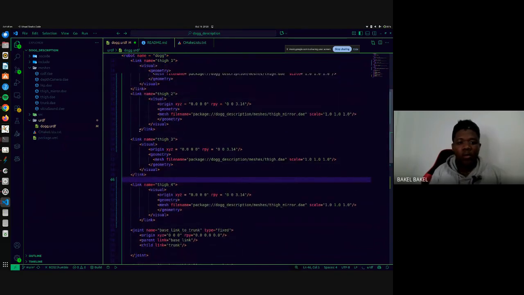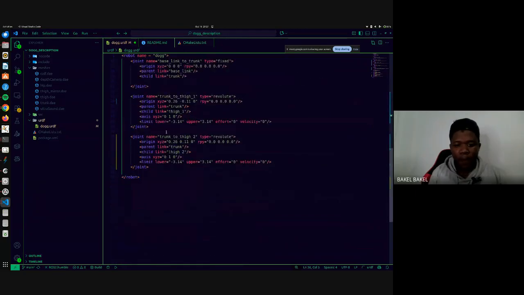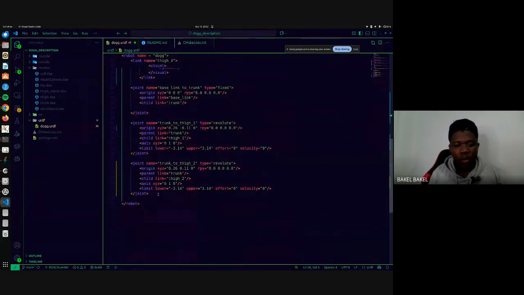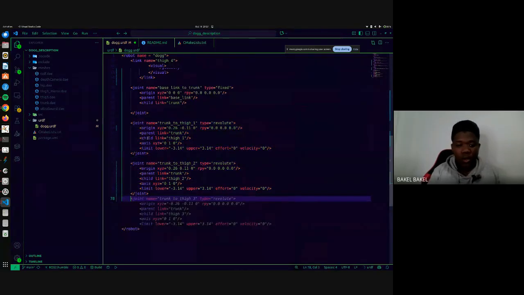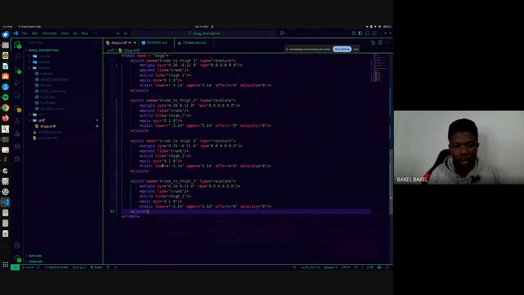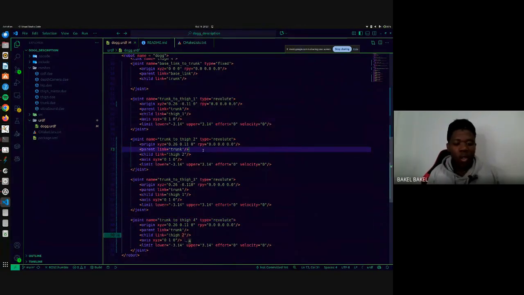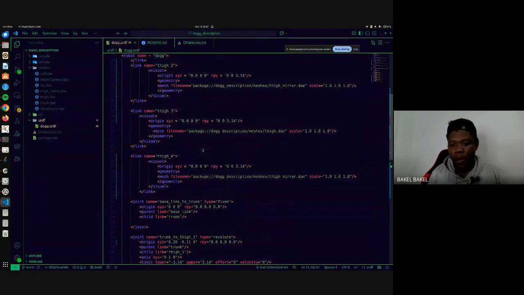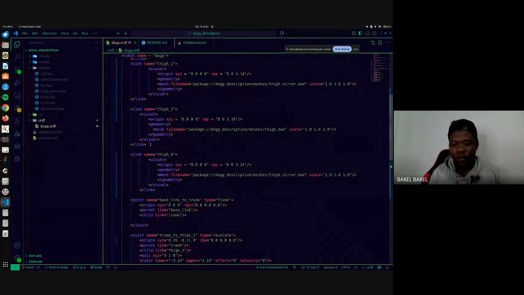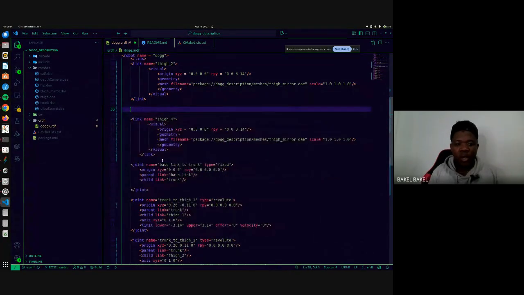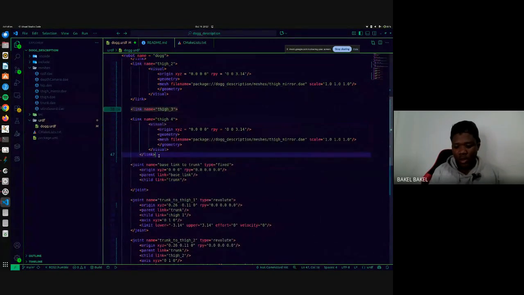yeah, I would also duplicate this because I need 2 more joints. Duplicate this, and it's going to be trunk to 3. Sorry, trunk to 3, trunk to 4, and then my 3 is going to be the mirrored one. Why do I know my 3 will be mirrored? I don't know. It's just in my head. So